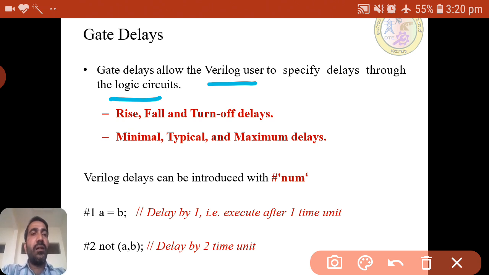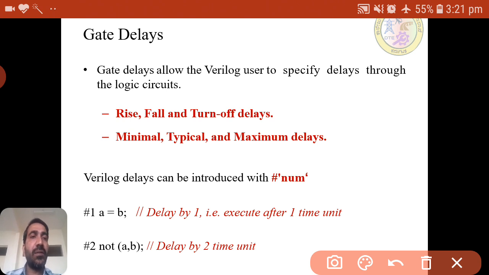Now, till now whatever we have seen, we have not considered any delays. But in practice the delays will be there. So how do we simulate those delays? We can simulate them by using these delay terms.